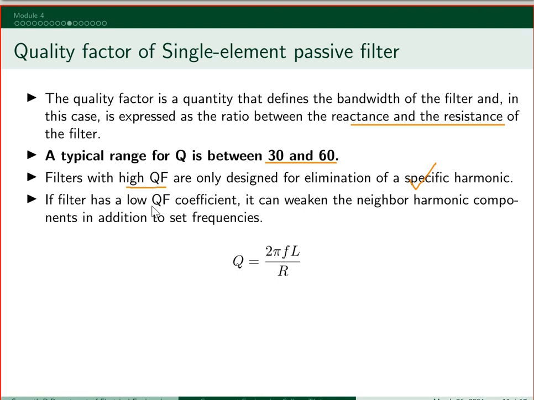And if the filter has a low quality factor, that means your R is much higher. So once the resistance is very high, the other harmonic components also get reduced, because it offers a higher resistance path. So in that way, it can weaken the neighboring harmonic components in addition to the